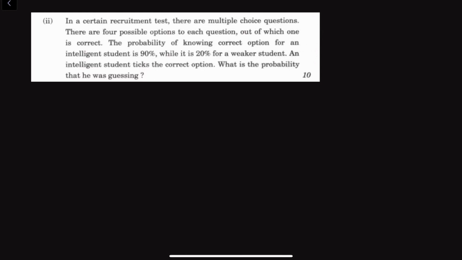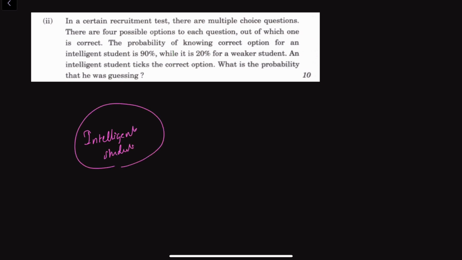In this video, I'll be solving the first part of the third question of UPSC Civil Services Mains Statistics Paper 1. In a certain recruitment test, there are multiple choice questions. There are 4 possible options to each question, out of which one is correct. The probability of knowing the correct option for an intelligent student is 90%, while it is 20% for a weaker student. An intelligent student ticks the correct option, and we need to find the probability that he was guessing. So if we consider an intelligent student,